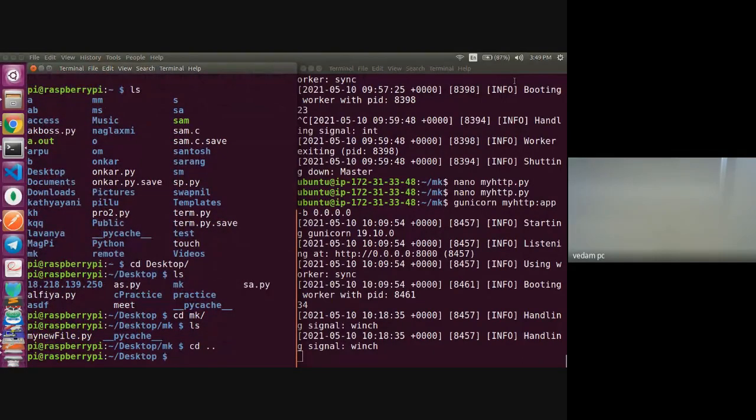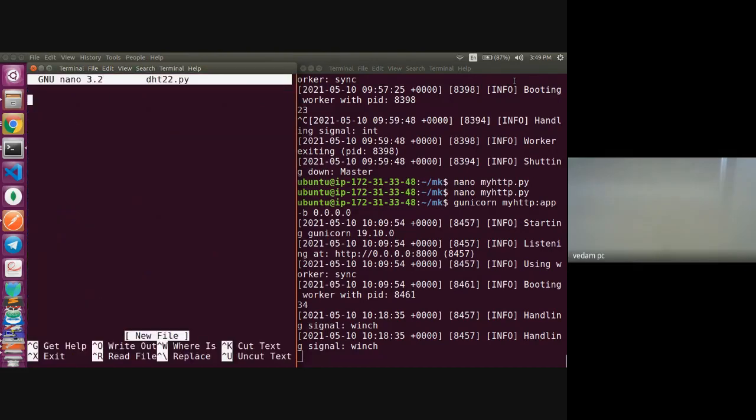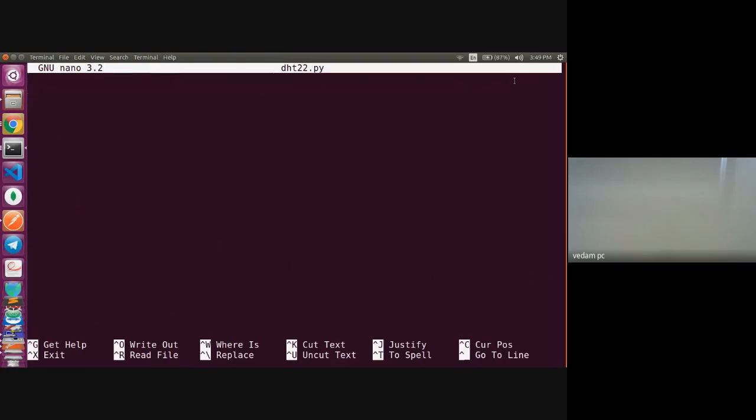I'll do it in the non-desktop itself, using nano. This is the DHT22 sensor, so I give it the name DHT22.py. Right. So in this, first thing that we'll be importing is